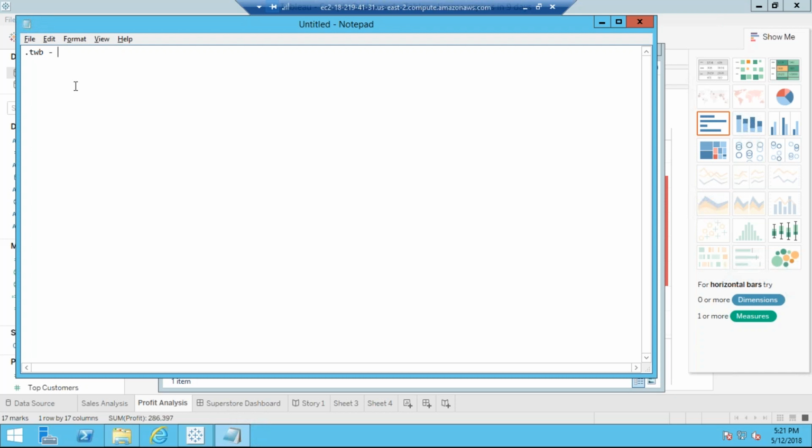Let's suppose you want to share this file with someone, say with me. You want to say, can you check that this is what I have created? You have not published it anywhere. You're just sending me directly the TWB file, the workbook file, and you tell me, I'm facing some issue, can you resolve it? So I ask you, can you share me the Tableau workbook file? You saved that file as a TWB and sent it to me. Now if I open it, what will happen?